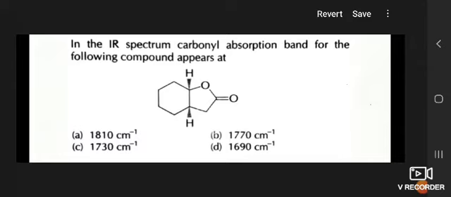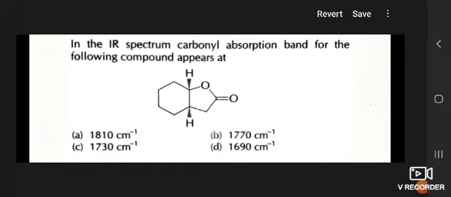And today I am going to discuss with you the short tricks for CSIR NET exam questions which are basically based on IR spectroscopy. Such questions are asked for 2 marks and the detailed information regarding the IR spectroscopy may also help in the solution of the questions which are asked for 4 marks. So take a look at the question which is asked in CSIR NET exam for 2 marks.